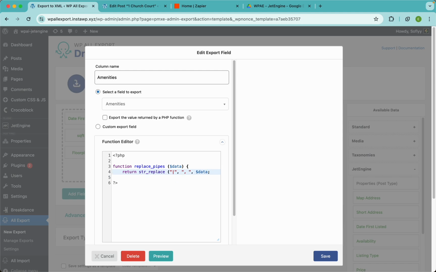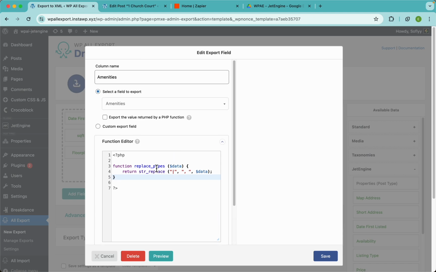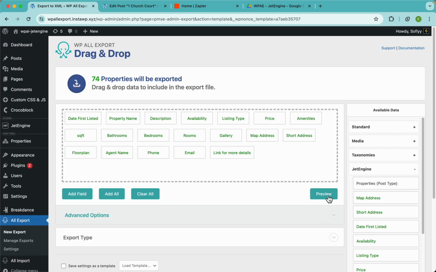I forgot to actually close this up. That's better, right? Now let's save this function, and then I'm gonna copy its name and enable this option right here, paste the name of my function here, and it's gonna call this function on this value, and this value is the field we have here, right? So let me save this, preview again,